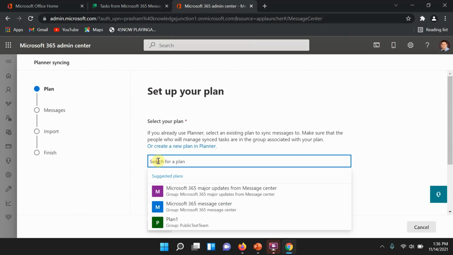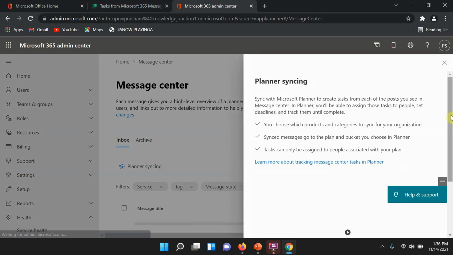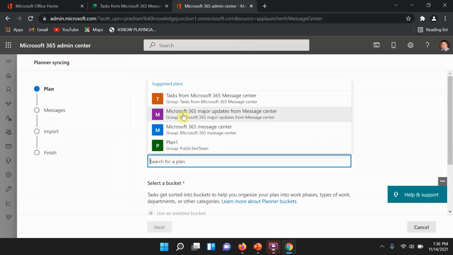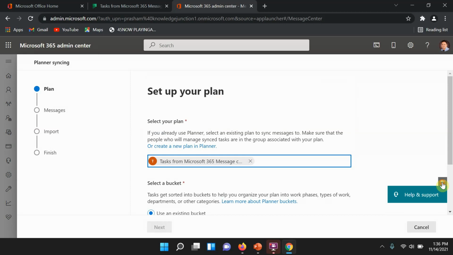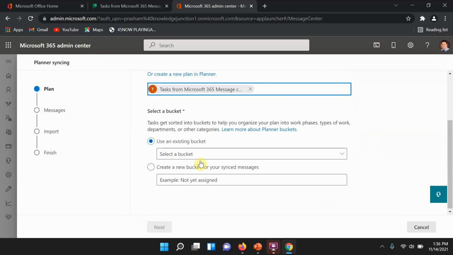Once the plan is ready, we'll go back here and search for it. Maybe we need to refresh once, and then click that blue button again: Planner syncing, Set up syncing, and now look here. Our plan will be here. So we are selecting this Tasks from Microsoft 365 Message Center. Once we have selected the plan, we could create a new bucket.